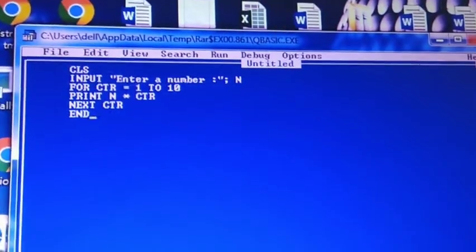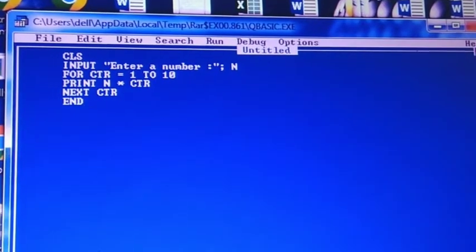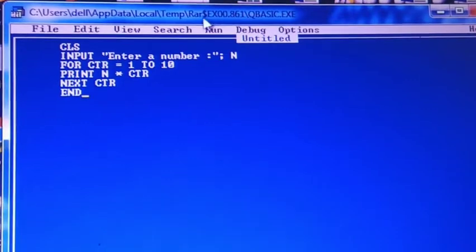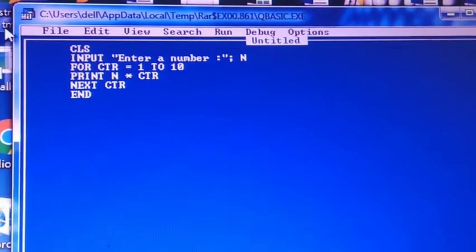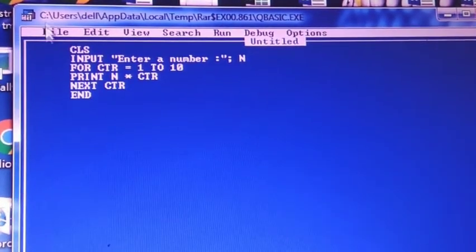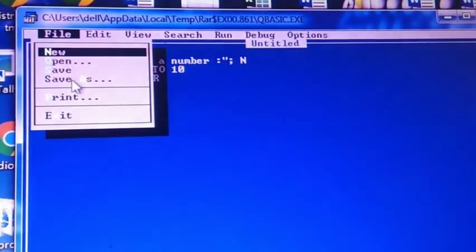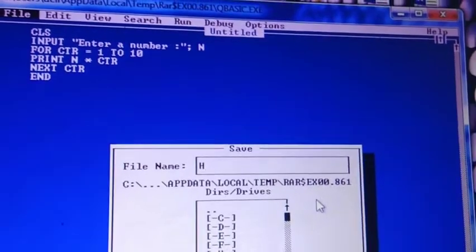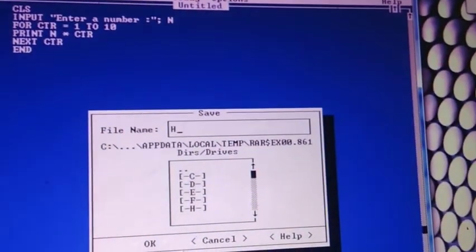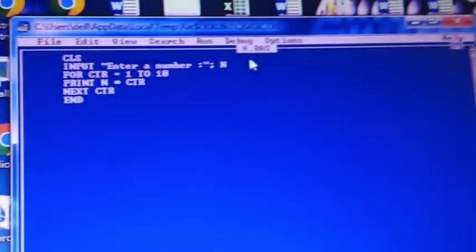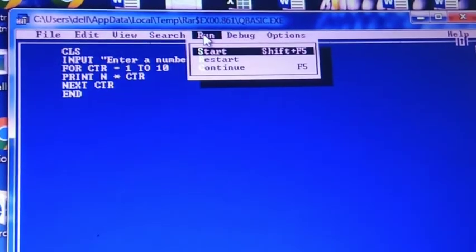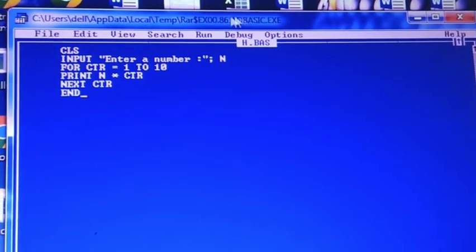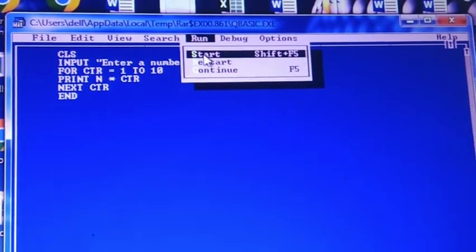Then see properly, students, this is the proper program to print the multiplication table of a number. Then students, just save: click the File option, then the Save option. You can enter any file name; suppose I give the name H. Then click Run and press Start.